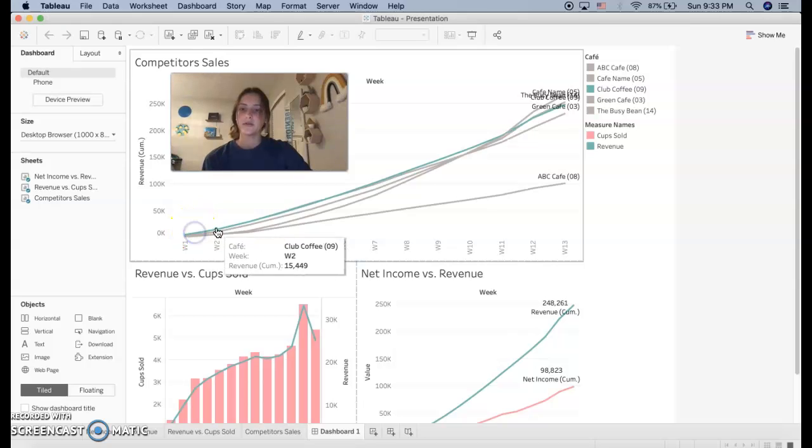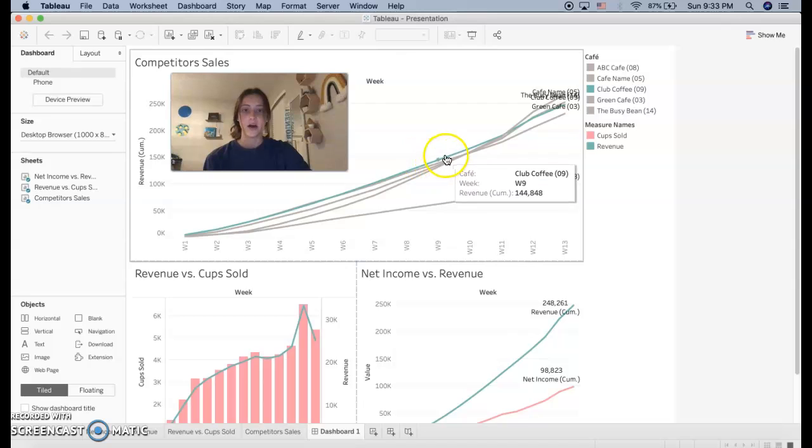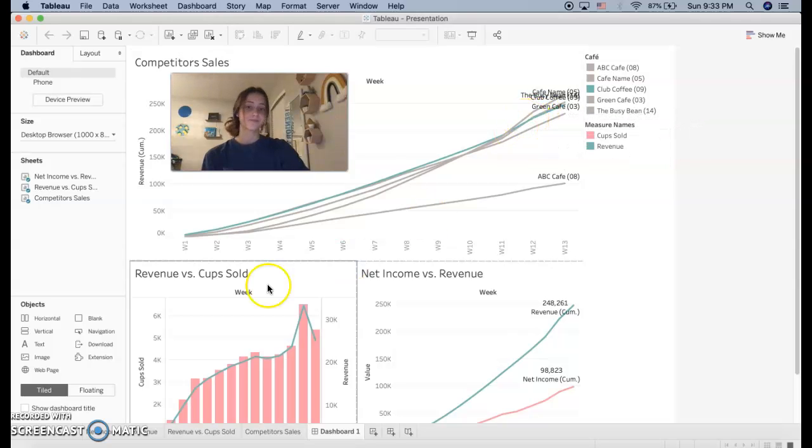For the first couple of weeks, we stayed in first, and I was really proud of that. The others were coming in close, but we stayed in first. And then around week 11, I remember we just started dropping first place to 5th place, to 3rd to 9th. It was all over the place. We just started dropping revenue, started losing customers. It was very difficult to keep up with the other cafes.